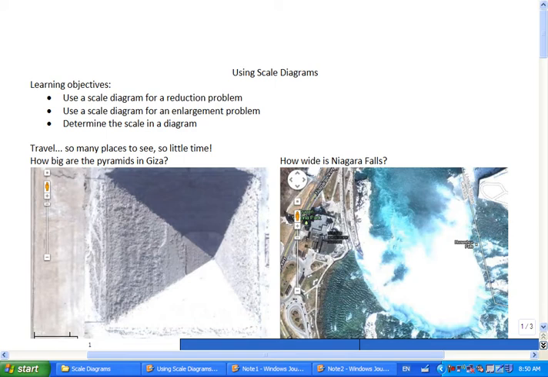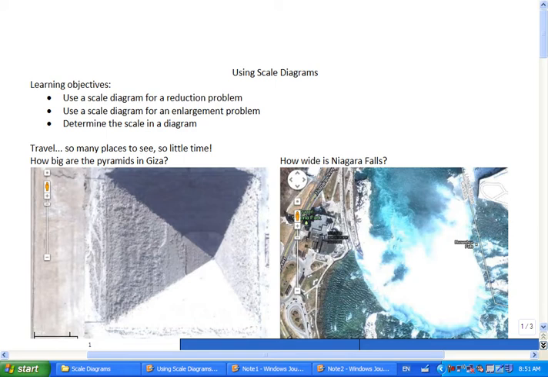So for example, if we're looking at a scale diagram of the city of Surrey, then that's obviously been reduced to fit on a piece of paper because you can't fit the whole city onto a piece of paper. But if you're looking at something like a scale diagram of a cell in biology, then that's obviously been enlarged to fit on the paper because you can't see it unless it was enlarged. The other thing we're going to want to do is be able to figure out the scale